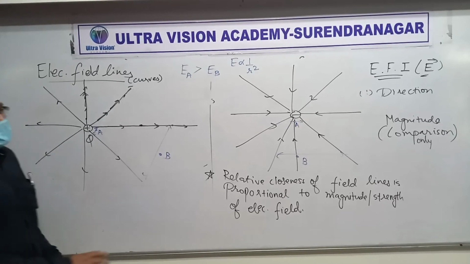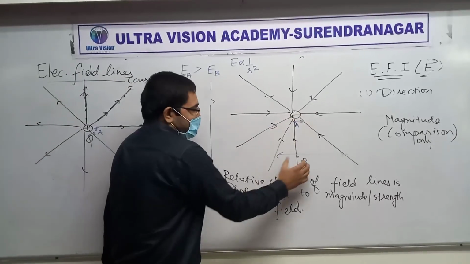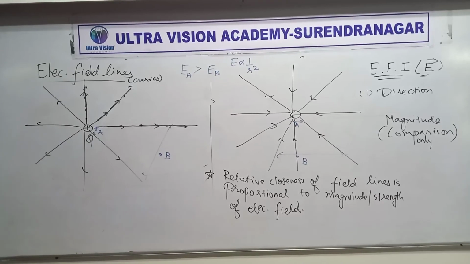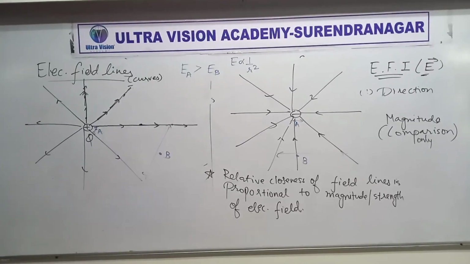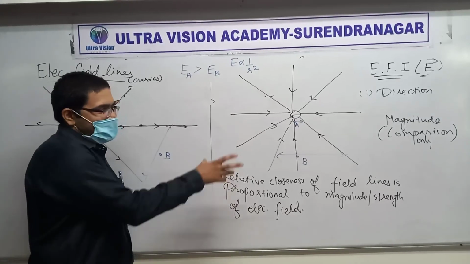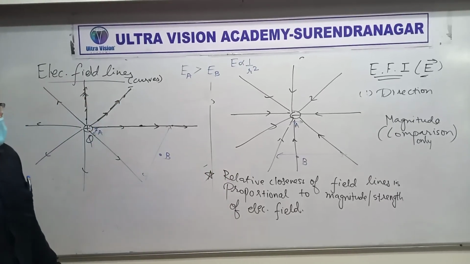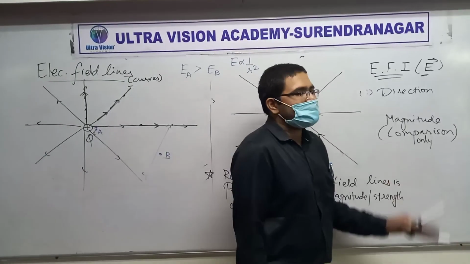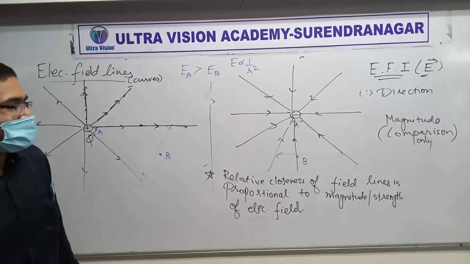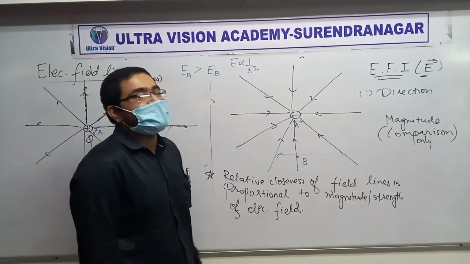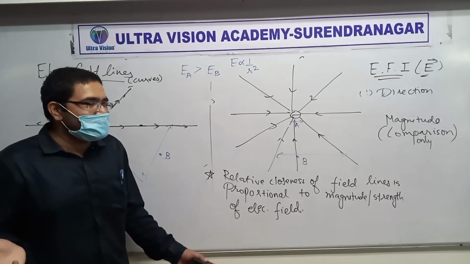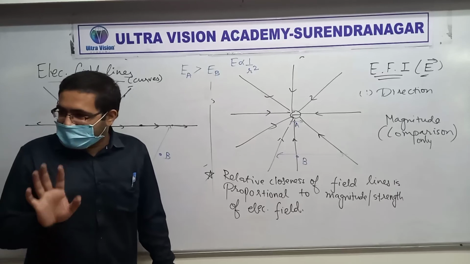Okay, so we are seeing that here and A are very close to each other and they are far from each other. Right? So based on the diagram we can decide where it would be less and where it would be more in magnitude. Just use this sentence. Where they are close, the field strength is more. But like I said, you can only do comparison between 2 points. Can you find it exactly? No. Someone says, okay, look at this diagram and find out how much is EA. Then I say, no, I can't do it. Nobody can do it. Did you understand? Yes.